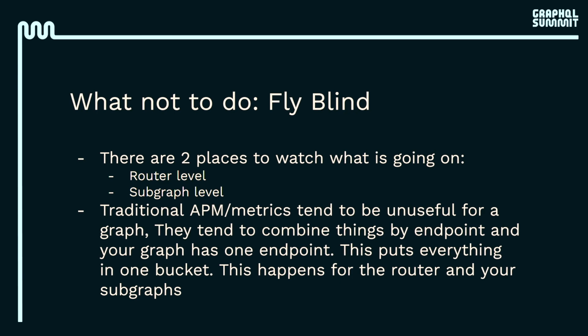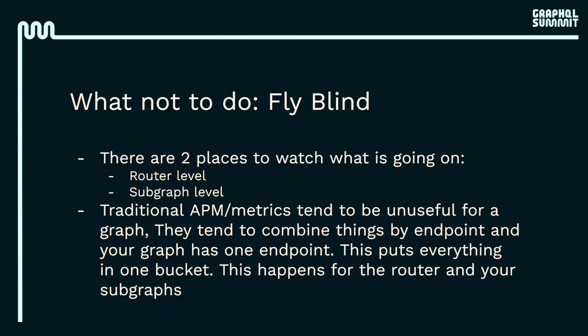If you don't know that, that is just a missed opportunity of who is using your graph. The other part is the subgraph level. From the router, what are we calling to each of these subgraphs for? How are they doing? Traditional APM metrics give you something, but it's not great. They tend to be very REST focused, and when they give you that stuff, it's something, but it's not great. It normally says, hey, we gave you back a 200. Congratulations, GraphQL always gives you back a 200.